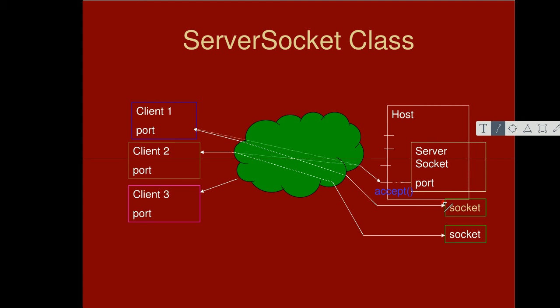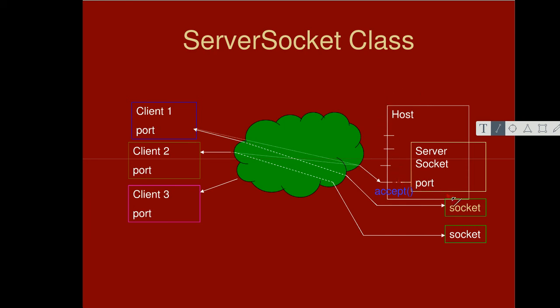In other words, you've got a dedicated pair of streams, an input stream and an output stream, by means of which you can actually communicate with the remote host using a particular socket. In other words, the socket's going to have a port number. It's going to have the same IP number, but a different port number.